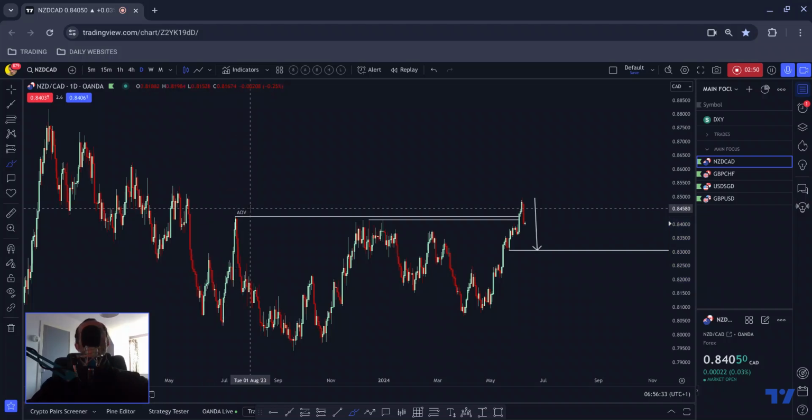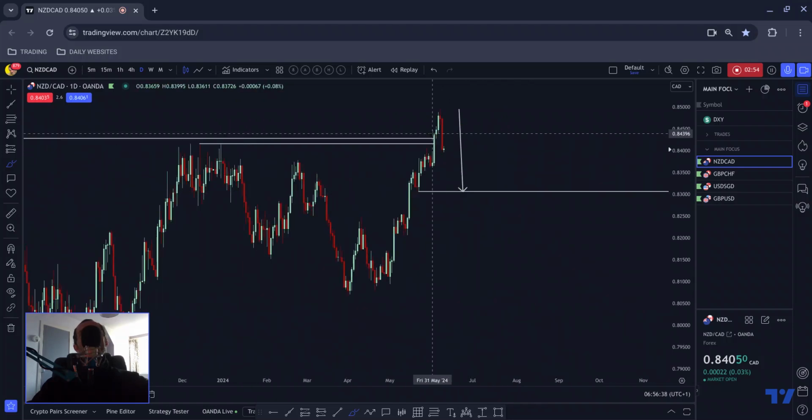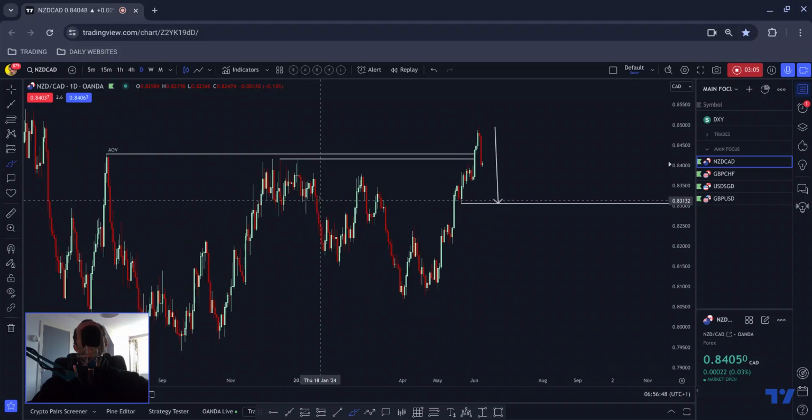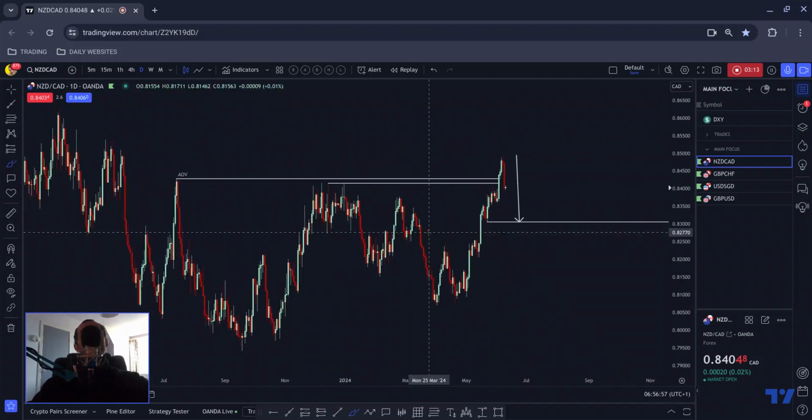And then what normally happens is that we break above, catch people the wrong side of the market who believe that this is going to the moon and that resistance becomes support once it's broken above. We break above and then we plummet to the downside. And what I like about this is that we are now trading back below both of these highs, suggesting that a move to the downside may be imminent.